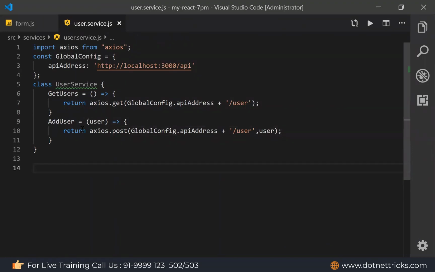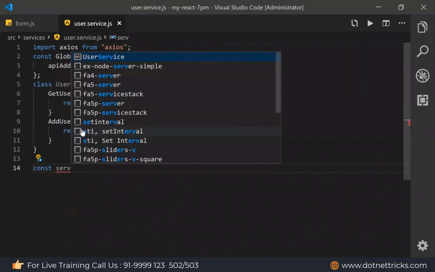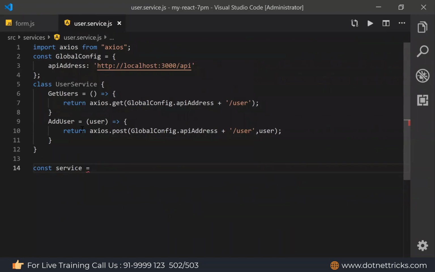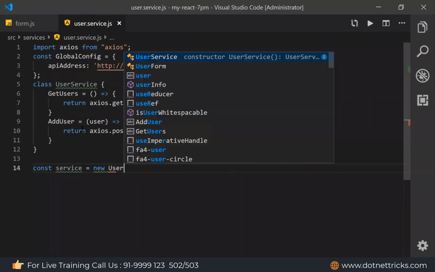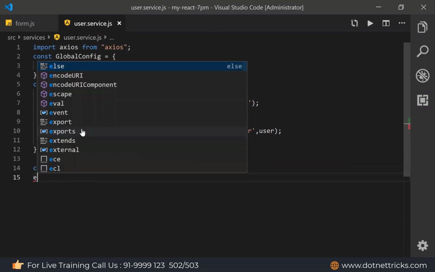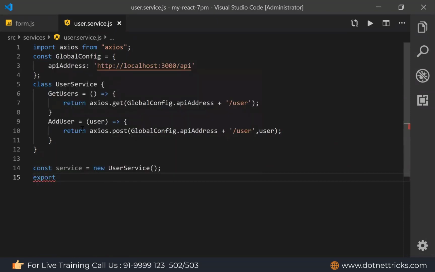And here, if you remember in Angular, we are having the singleton behavior for the service, but here we don't have. So to create the singleton object for your service, I can define it this way: constant user service. I'm creating the object here itself, and this object I can export default and define your service.